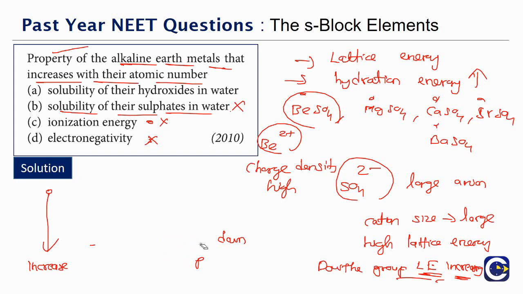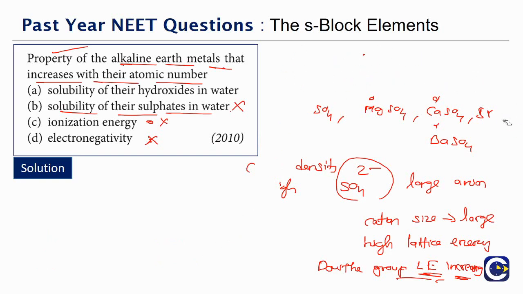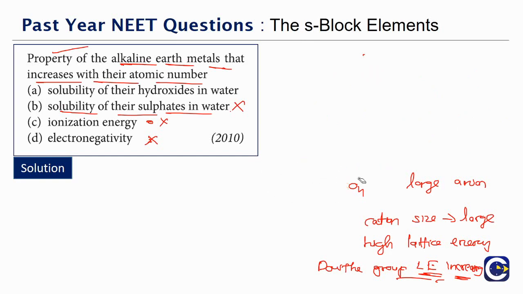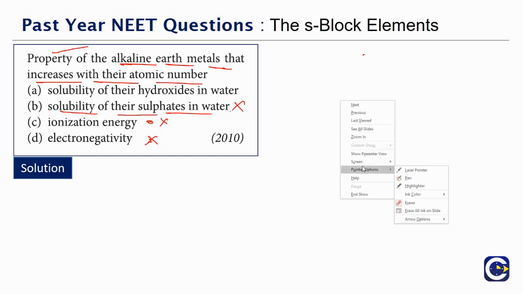So not only in this case, but in every problem wherever we have solubility, we have to look at these two things. What are the two things? Hydration energy and the lattice energy comparison. When the hydration energy is more than lattice energy, there will be more ease for the solubility of the salt. Okay. Now we are left with only one option. If we are sitting in the final examination, we would probably not even discuss this option. We will just take that option and come out, because we have already done our analysis on the other three options. If the other three options are wrong, the fourth one obviously has to be the correct one.